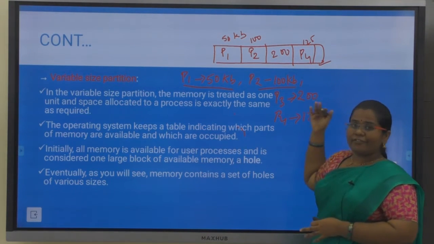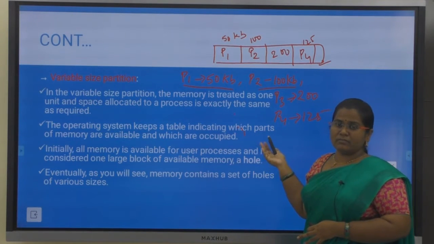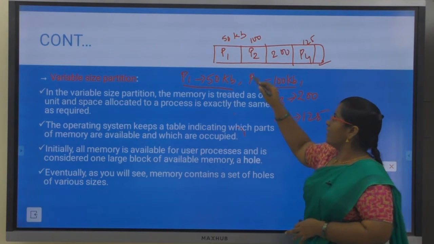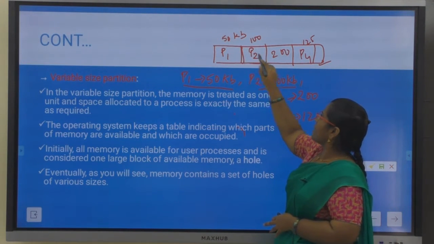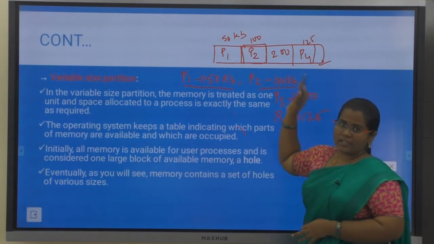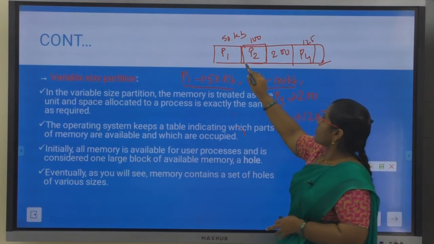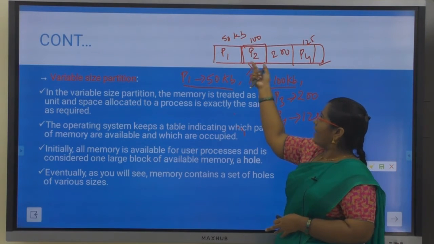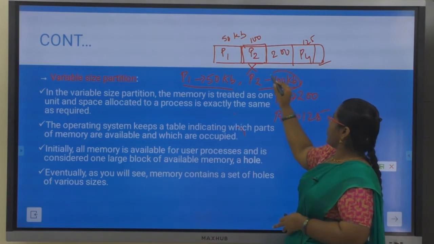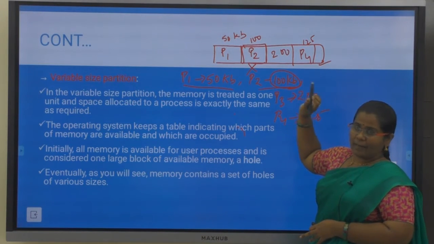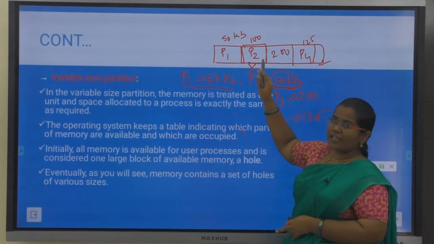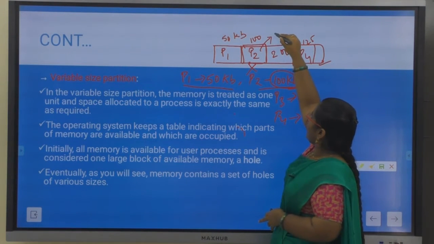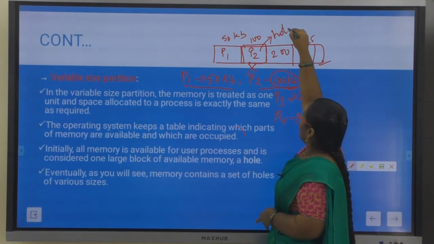So see, after a few minutes or some time later, if a process completes its execution, that process memory will be freed. Say, for example, P2 has completed its execution first. So the process P2 will be removed from the main memory, and the size occupied by your process P2 is 100 kb. So here the 100 kb space will be empty. You can call this emptied or freed space a hole.